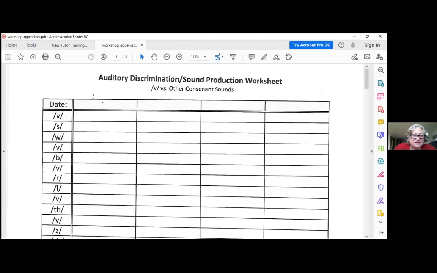And this sheet that I've put up for you would be something that you would have that they can't see. You could put the date at the top, and as you go down, if that was correct, you can mark it however you want, with a check mark or an X. And so then you're keeping track of, on January 5th, 90% of the time they were able to hear the correct sound, if it was a V or not. And this is good information because you don't really want to move ahead until,